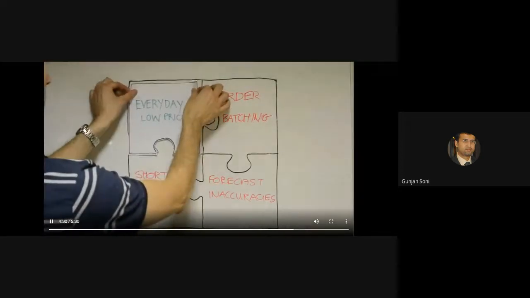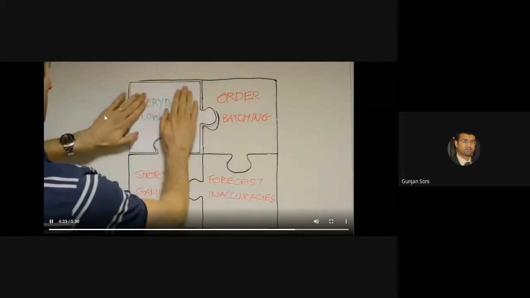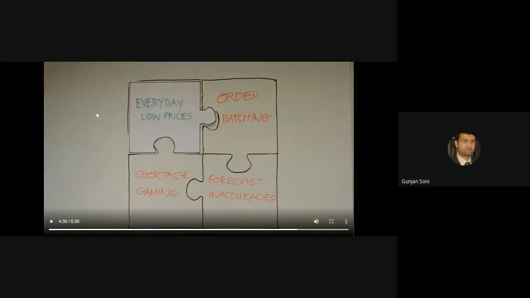Countermeasures to fluctuating prices. Fluctuating prices can be replaced with everyday low prices. Everyday low prices is a phenomenon where you also